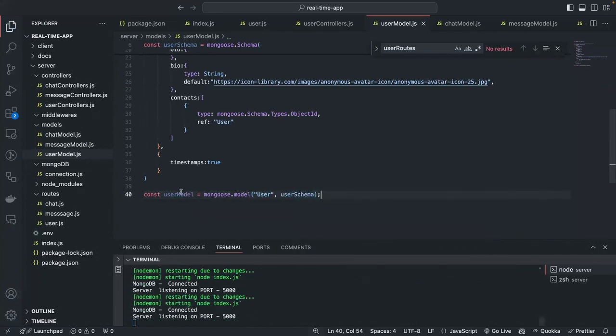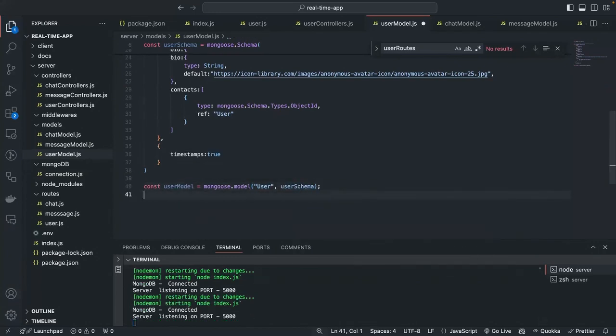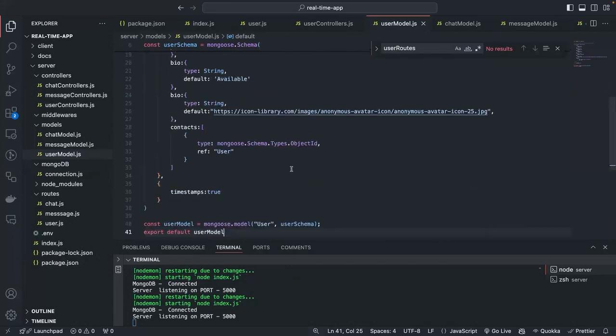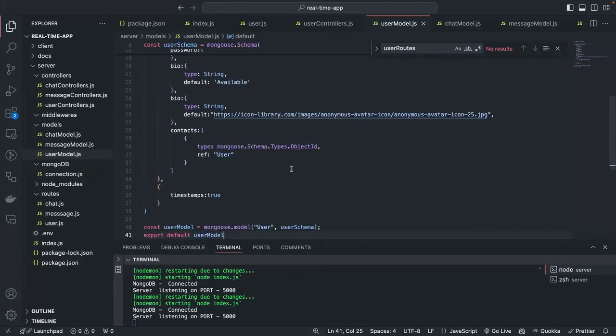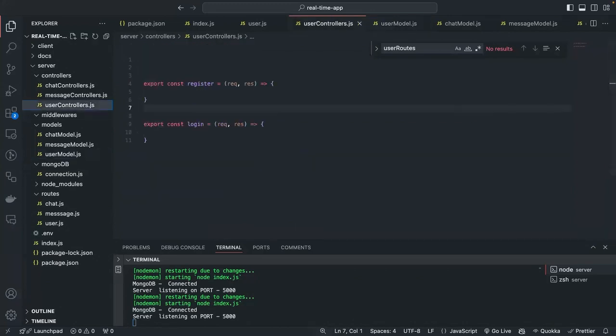So finally we get a model, and we can just say export default userModel. Okay. So we have successfully created the model, and next what we want to do is we can go to our